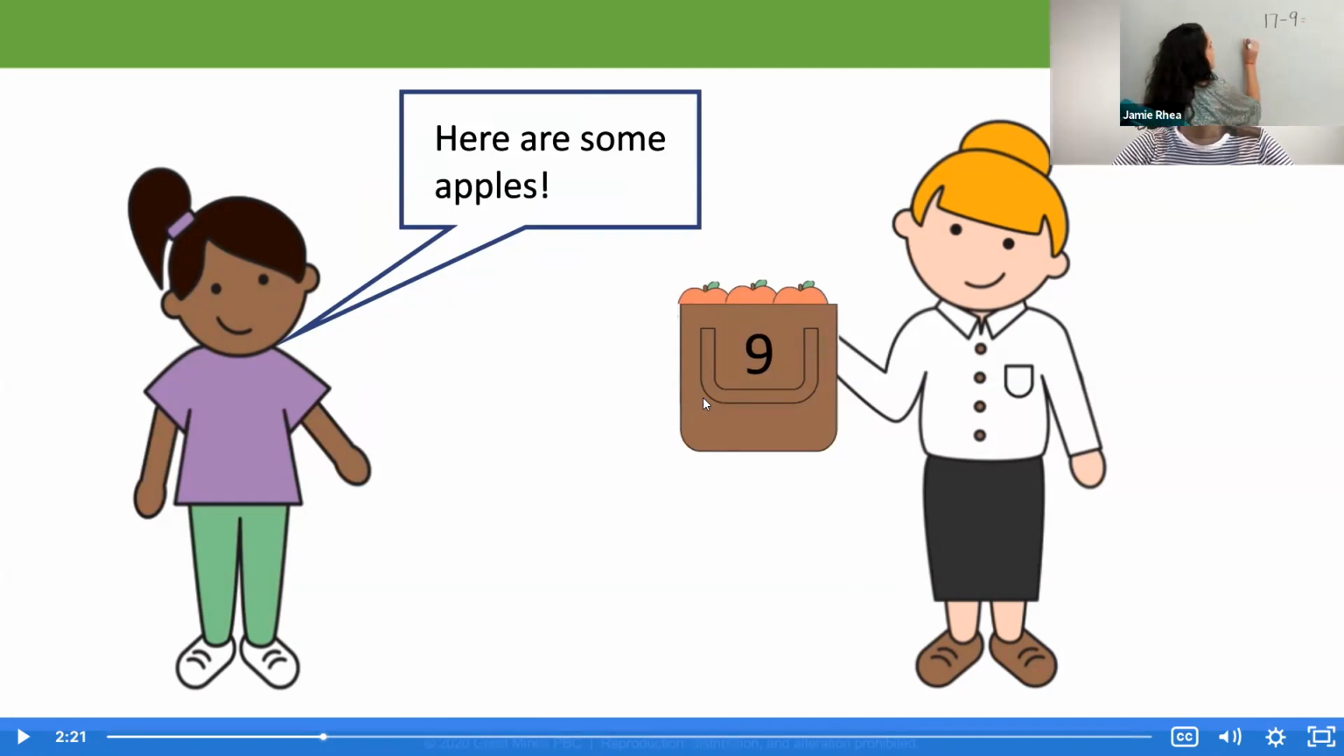So let's see, I'm gonna draw 10. 1, 2, 3, 4, 5, 6, 7, 8, 9, 10. And we had 7 apples on the table. I'm gonna draw my 7 too. 1, 2, 3, 4, 5, 6, 7. Now that shows me I have 17 apples, okay? Now,